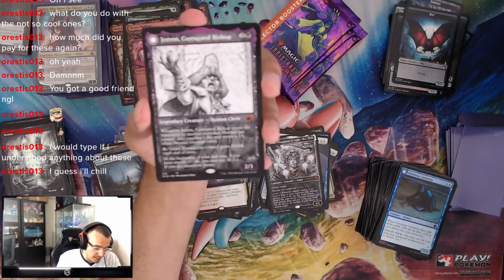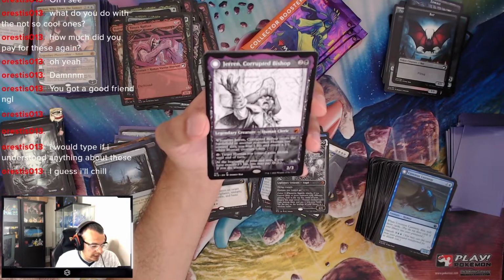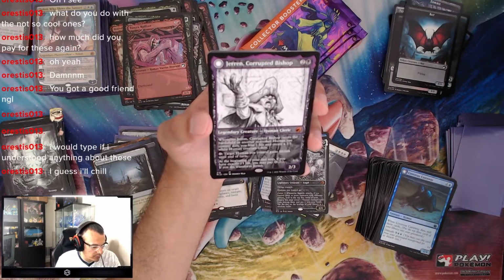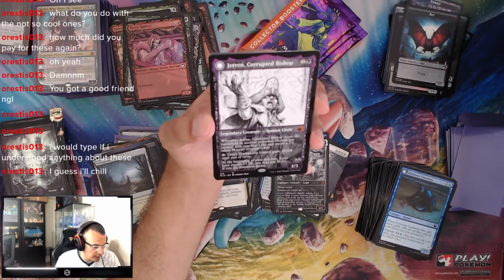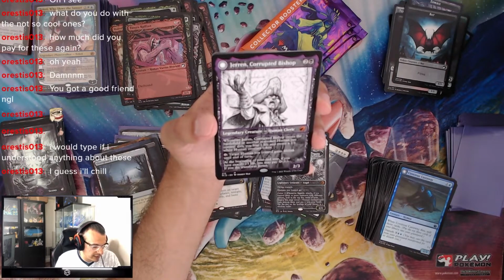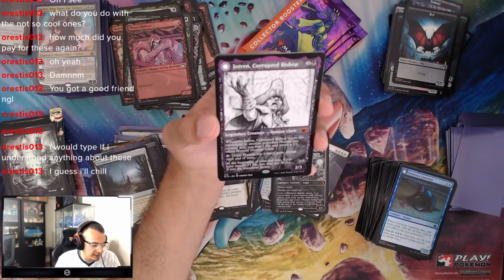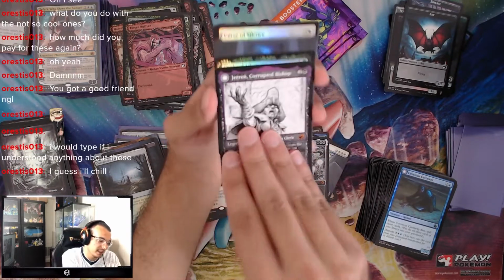That is like mythic number 8 or 9 at this point. Jeez Louise. 2 and a black for a 2/3. Jaren, Corrupted Bishop. When it enters the battlefield or another non-token human you control dies, you lose 1 life and make a 1/1 human. Pay 2: target human you control gains lifelink. At the beginning of your end step, if you have exactly 13 life, you can pay 6, and if you do, transform it. Okay, that's